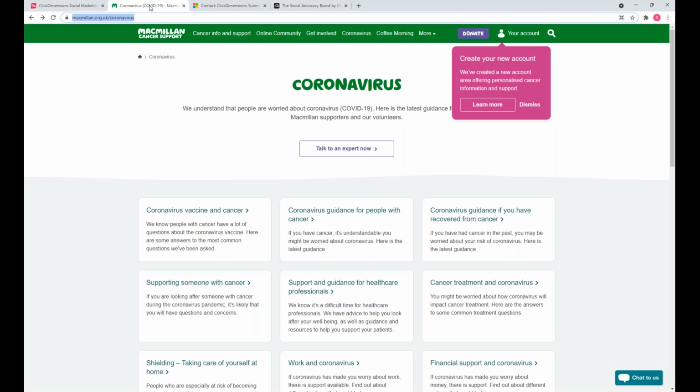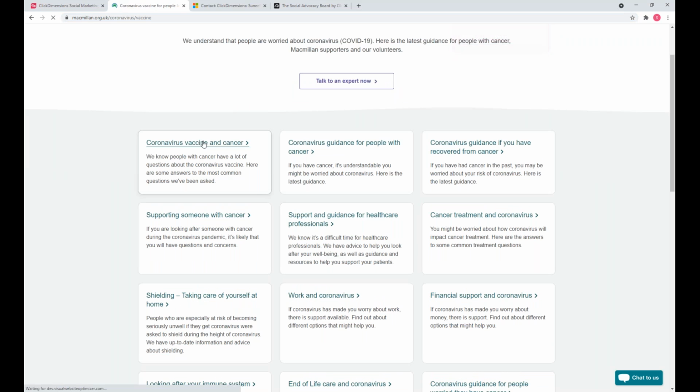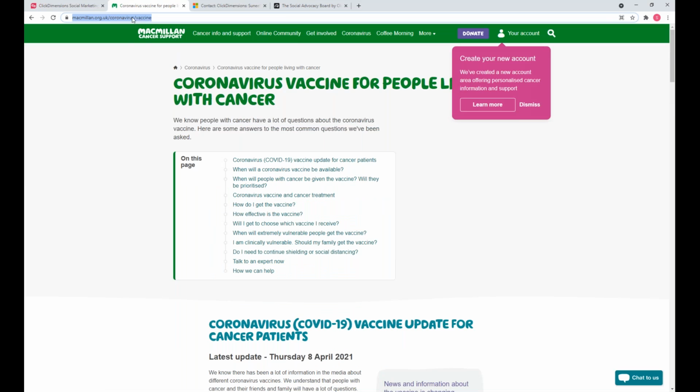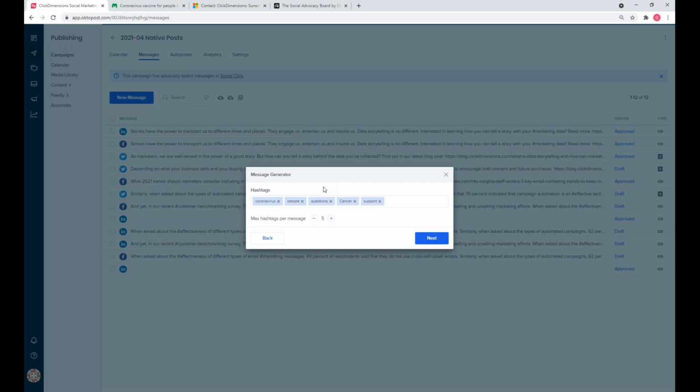So what we can do here, I'm going to show you an example of how this works. I'm just on this Macmillan Cancer Support website here, and you can see I'm on their article section. I'm just going to grab any one of these articles. I'm going to click into this one and copy this URL. So you can see I can just paste this URL in, and you can see where this is going. I'm going to be able to produce content at scale very quickly from existing assets I have, which is fantastic.